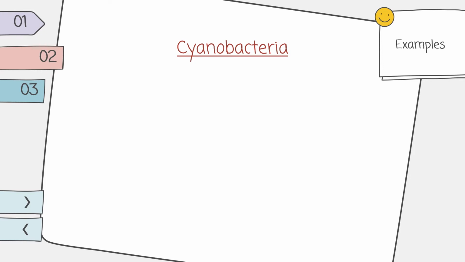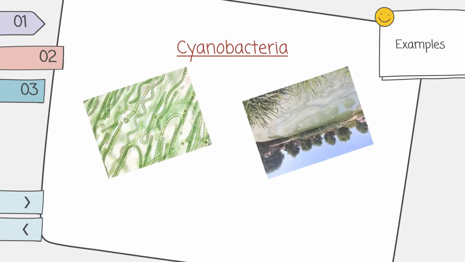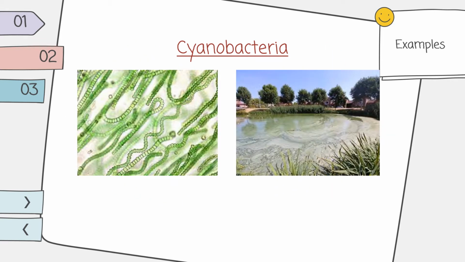There are thousands of different groups of eubacteria, but one of the main groups is cyanobacteria. Cyanobacteria are gram-negative bacteria, formerly known as blue-green algae. Most of them are photosynthetic autotrophs and can fix nitrogen in special cells called heterocysts. So in this picture of lake, we can see a green blue algae here. So that is cyanobacteria. They undergo photosynthesis to make their own food.